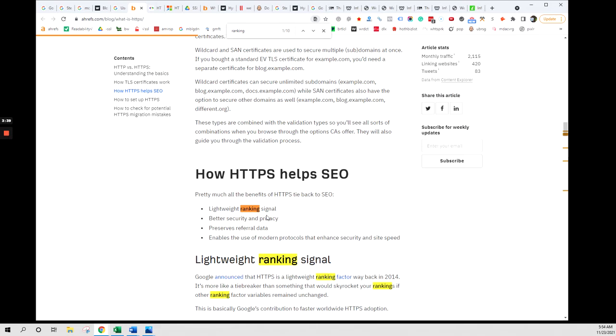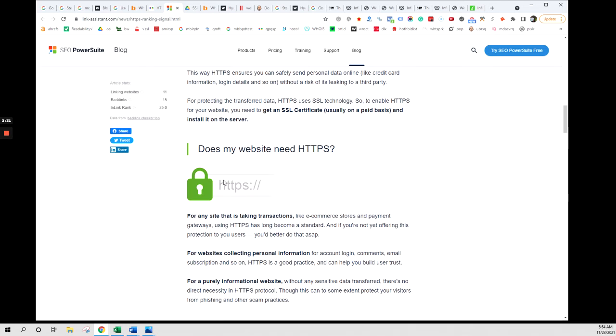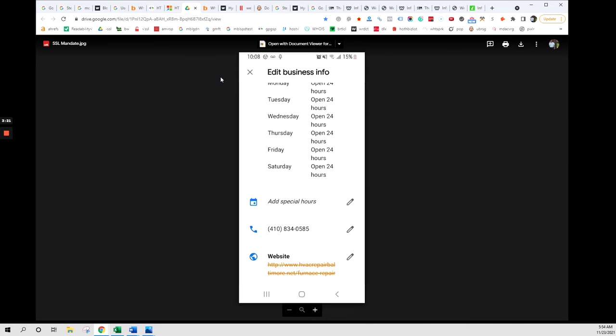You can pause here and see the benefits here, but back in 2014, Google acknowledged that this was basically a tiebreaker if you were competing with somebody, but they also said it was a ranking factor and that it was beneficial for people that are taking transactions, collecting money, collecting personal information. It wasn't a direct necessity in 2014 for people who were basically giving information. In this day and age, it can actually knock you off of some listings, such as your Google Map listing,